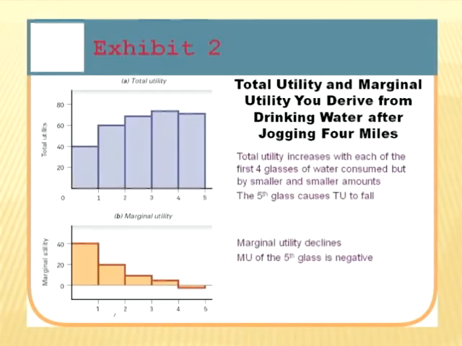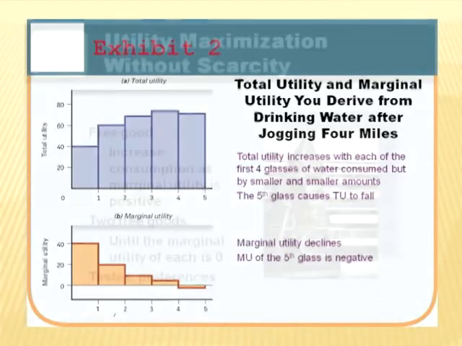That is, we see in the blue graph up at the top, that's the total utility, and you can see that the total utility increases all the way through the fourth unit, but by the fifth unit it actually drops off, so the total utility actually falls. On the bottom graph, you can see that the marginal utility is doing exactly what we said. That is, the first unit has higher marginal utility than the second, which is higher than the third, and by the fifth, we're actually getting a negative marginal utility.